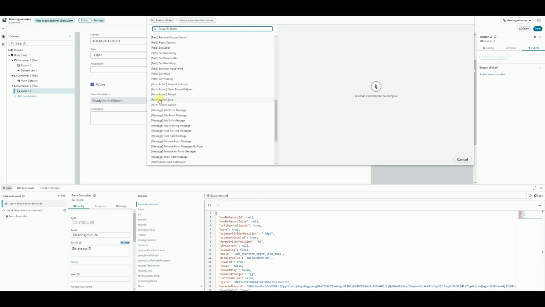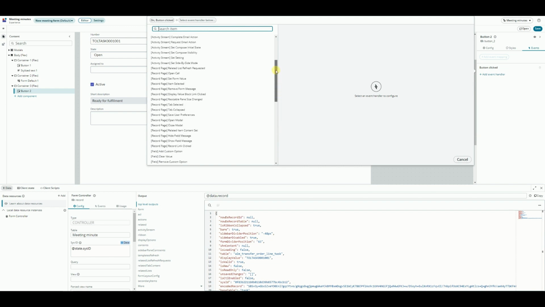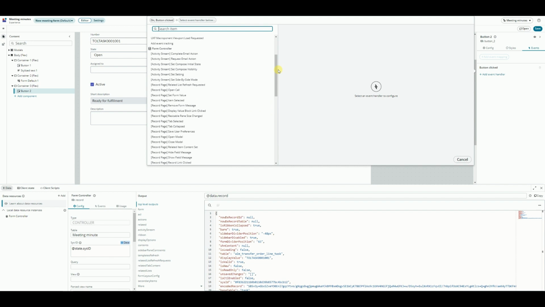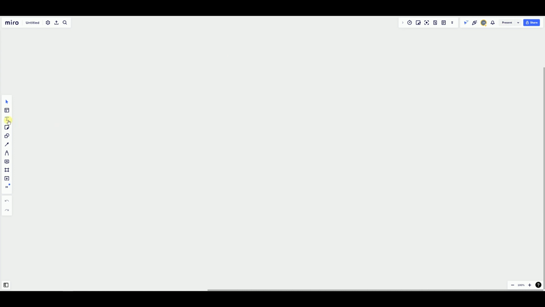So there are options that are connected to the form controller. So I want to find this submit action, and just for you to see the flow is going to be